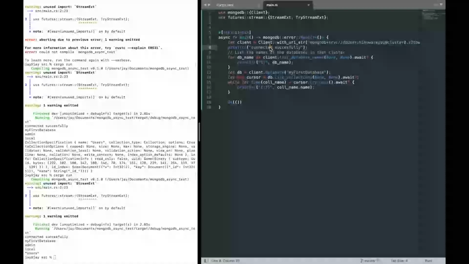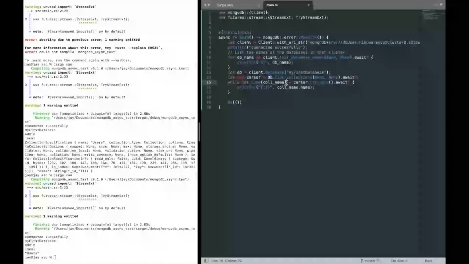Those three functions, the first one will be adding a user. So we created a database, my first database, and inside it we created a collection called users. So we're gonna add a document or perhaps user in our users collection. Then we're gonna search for the user, so that's gonna be our second function, and our third function is gonna